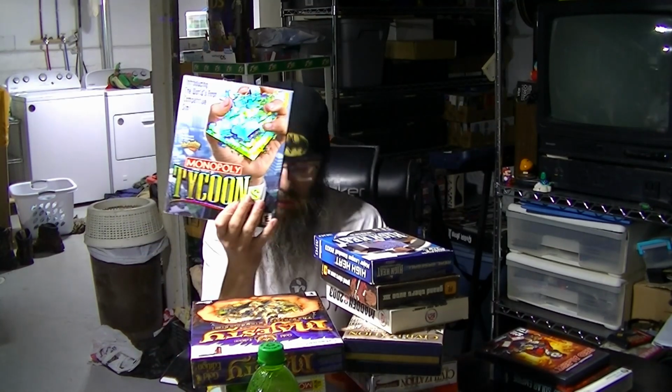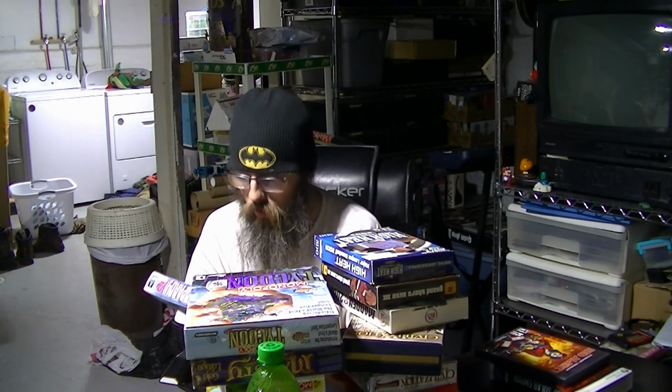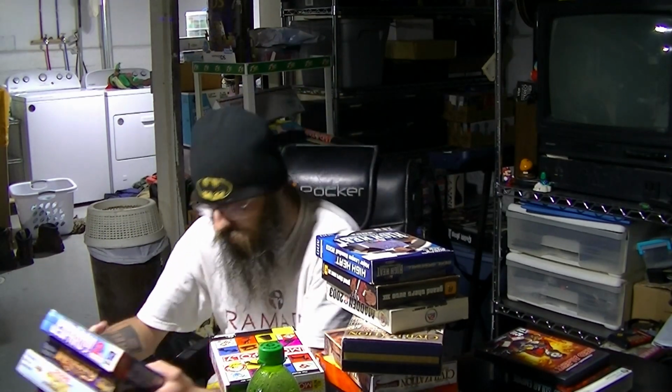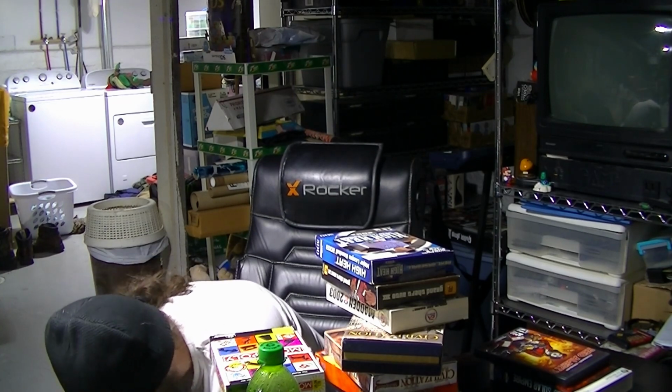You got Monopoly Tycoon, and this one's kind of cool. Jeopardy 2nd Edition with the late great Alex Trebek. May he rest in peace. I don't think anybody will be quite as amazing as he was with the show. But with that being said,